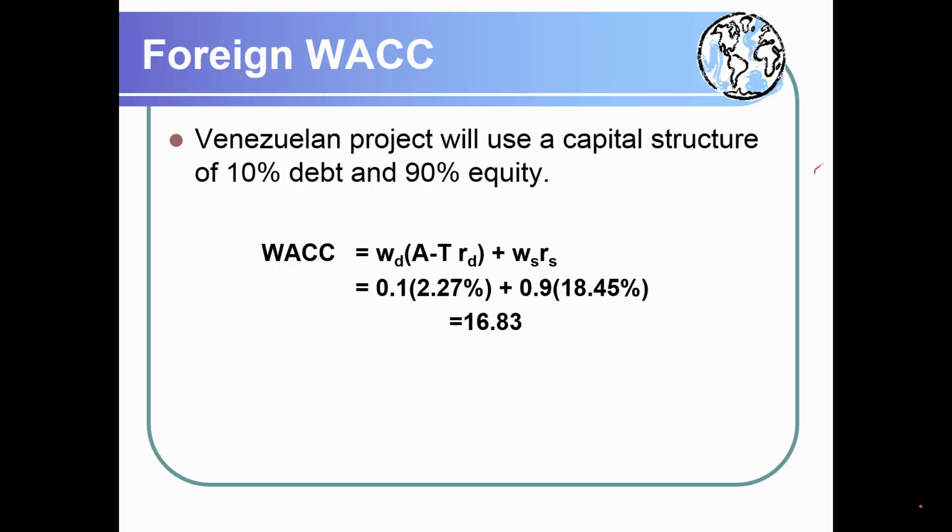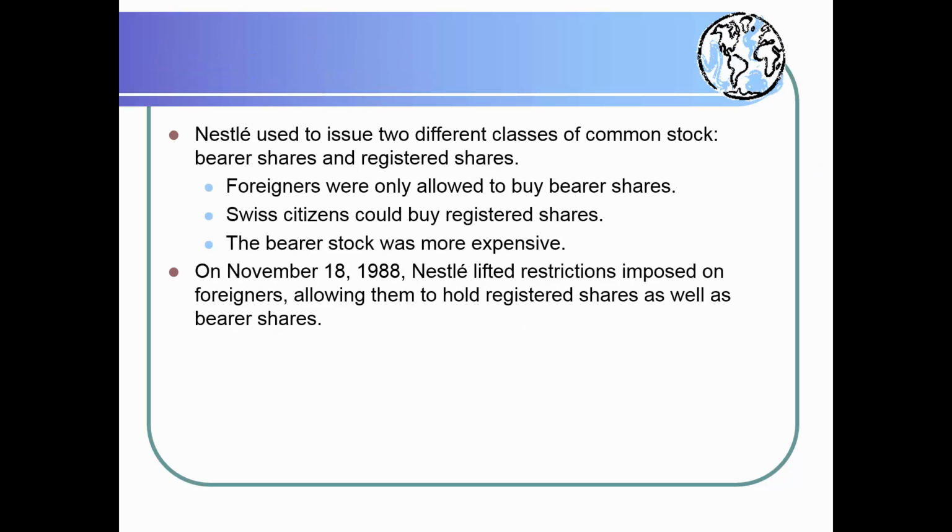16.83%. Okay, so the hard part I think is deciding what is the right model to use and then using that to find out the cost of equity. And then we want to find out the expected appreciation or depreciation of the currency. And finally, we have to use the after-tax cost of debt. And once we have that, we can find out the weighted average cost of capital. So these are the two things you can expect as far as the exam or assignments are concerned.